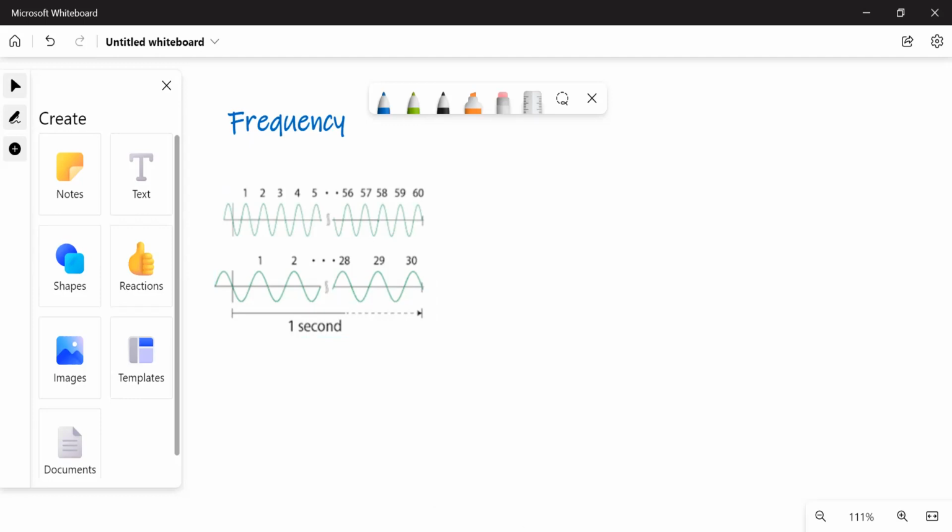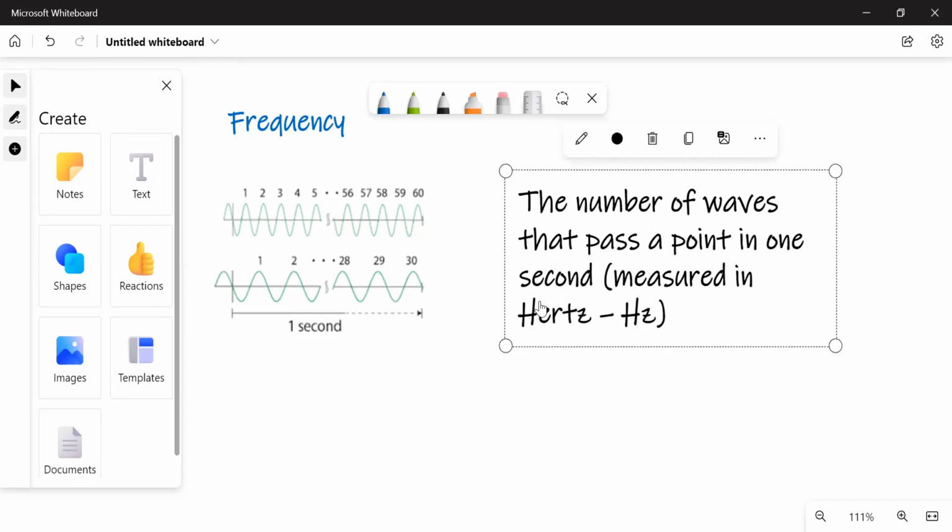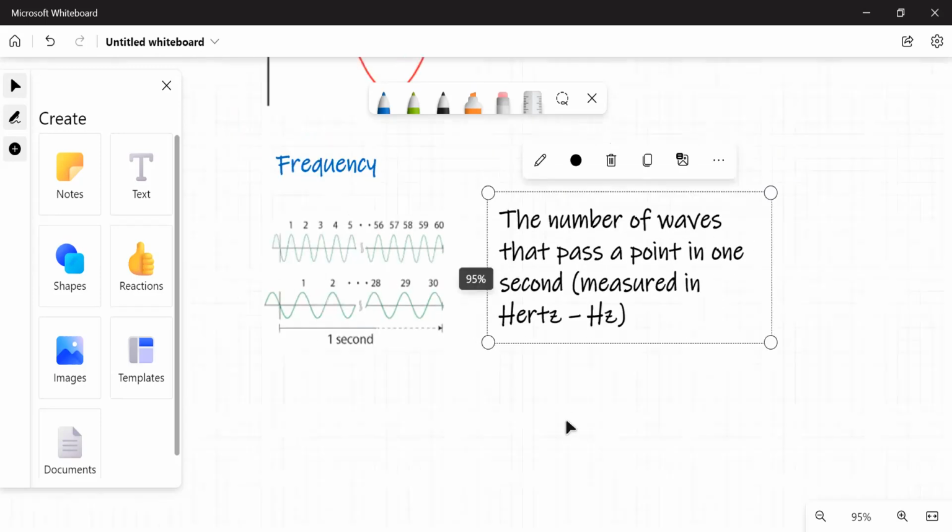So we can say the number of cycles per second, so 1 second, that we can say is the frequency. Now, when it comes to frequency, we measure it in a unit called hertz, or in short, Hz. So we can say that the number of waves